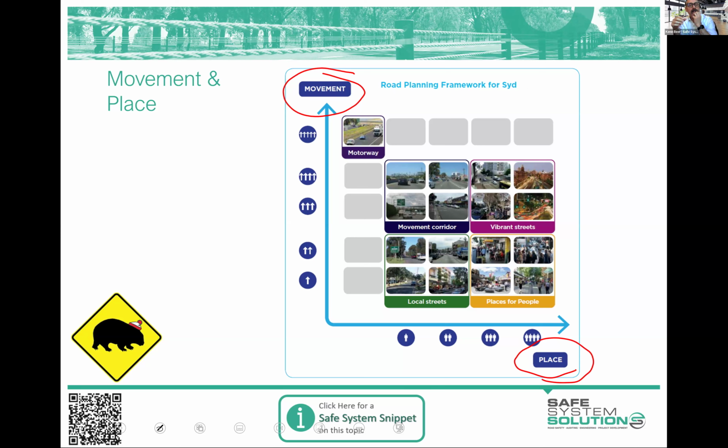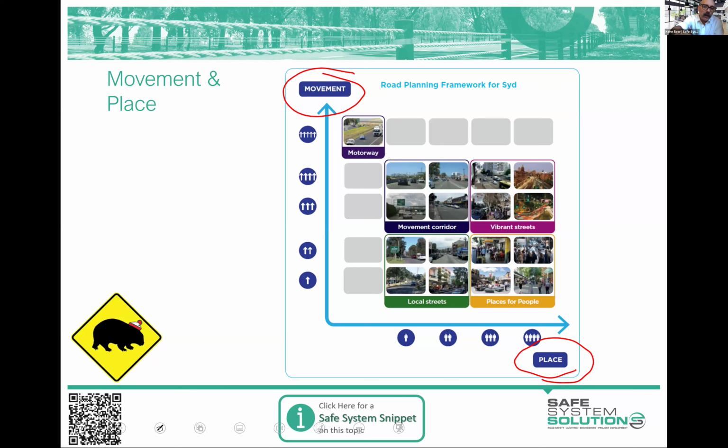Now, of course, roads and streets usually originated as movement corridors and the place built around them. But under these frameworks, we're really now starting to say, no, these streets and some of these roads are an important place for people in our whole strategic planning of the city or the area we're talking about. And so you can then start to categorize any road or street for its amount of movement requirement or its amount of place requirement, or what you aspire to get out of this.